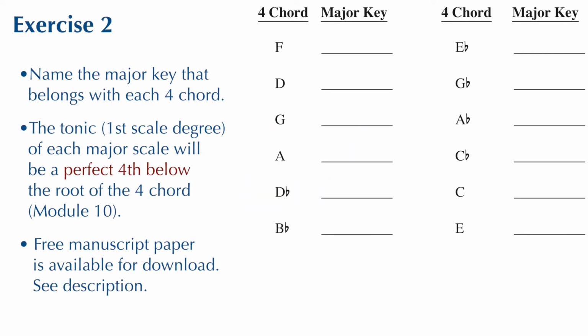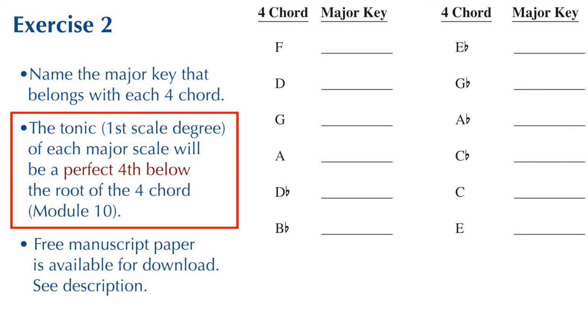At the bottom of page 84, we have 4-5-1 exercise 2. You're given the name of the 4 chord. In the blank on the right, name the major key to which each 4 chord belongs. Remember that the root of the 4 chord is going to be a perfect fourth above the tonic or 1